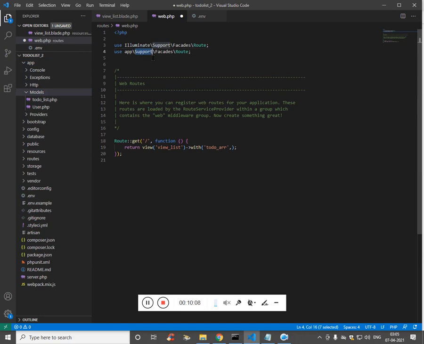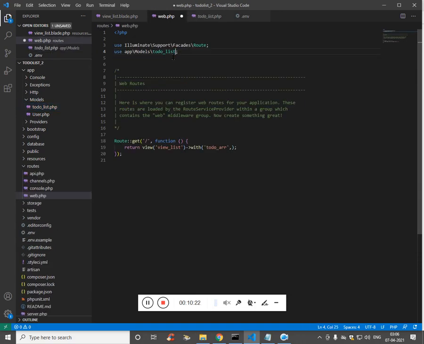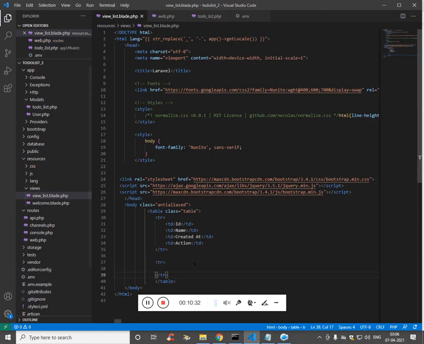App models to do underscore list. This is the model name. Now use this model, colon colon all is a ready-made function, so you can use this. And use the blade operator. Blade is a template engine.